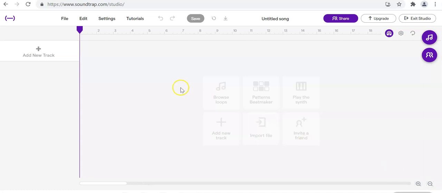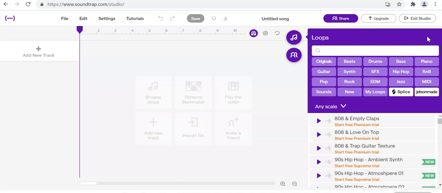You could even go higher and make sure you have all 4 of those notches in between the big numbers. So you have all your numbers here at the top. You also want to make sure that this magnet tool is selected and it's purple. This is the Snap to Grid tool. So once that's all set up, you have 2 ways to browse loops. You can either click here where it says Browse Loops, or there's this shortcut button here with the music note on it. When you click that,